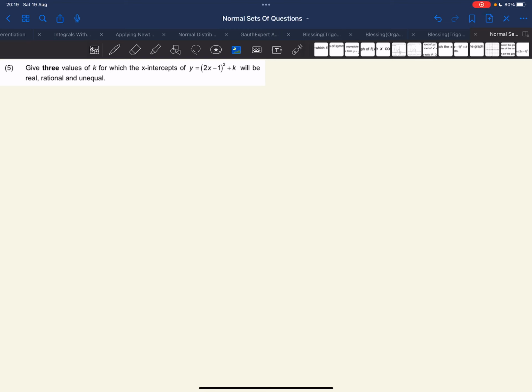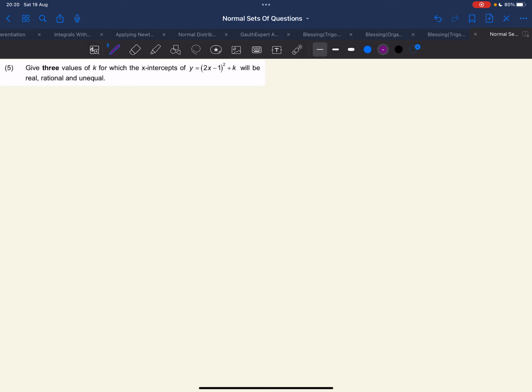Okay, right. So now we are dealing with question 5. In question 5, they say give three values of k for which the x-intercepts of y = (2x - 1)² + k will be real, rational, and unequal. Right. So for this case,